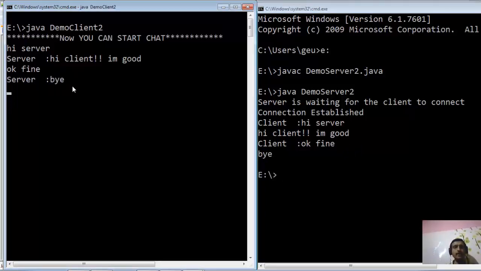If I come here, you can see the connection has been disconnected. Now the connection is no more. In this way you can demonstrate this and create a client-server model. This is continuous two-way communication of a client-server model. I hope your concepts are clear now. Try to execute some more programs, and try to create your own chat servers with your own graphical user interface. So stay happy.